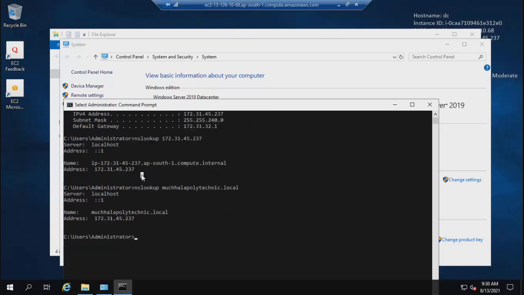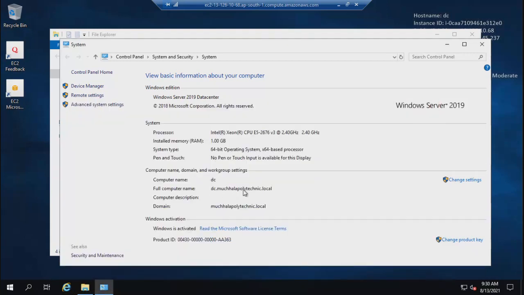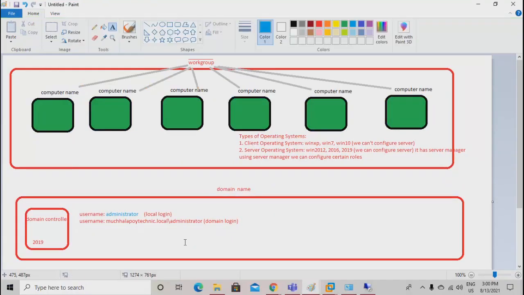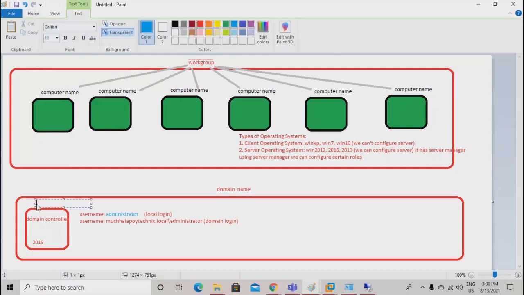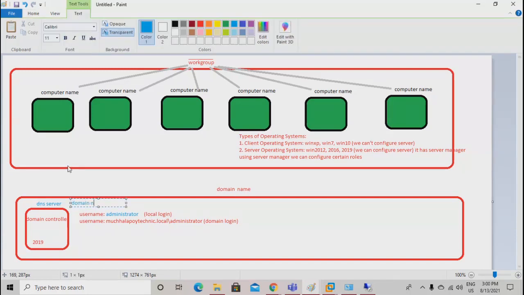It means that there is someone who keeps the record of what this name means. Okay? So within this domain controller, now you have a DNS server automatically configured. What is the DNS server going to do? It is going to keep the record of domain name to IP.